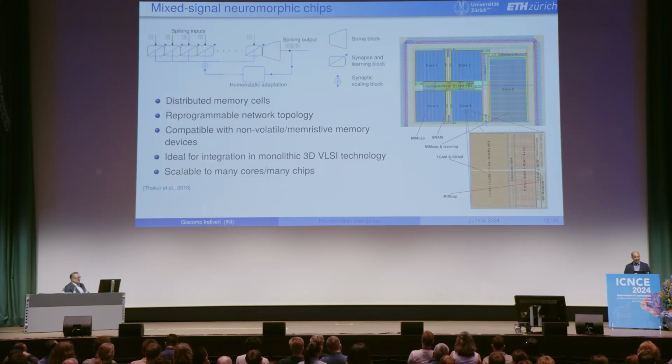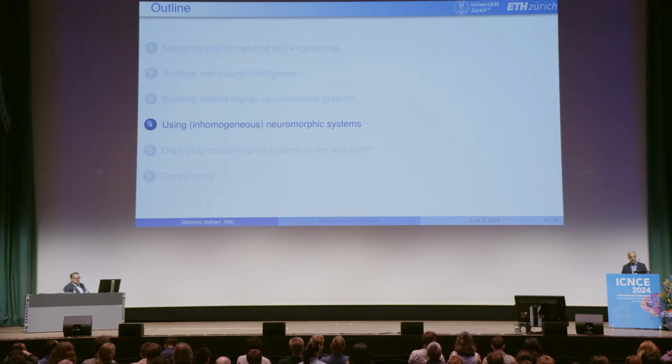Now, what can we do with these chips? We have these arrays of neurons. They are inhomogeneous, variable, noisy, very imprecise. So what's the point? Can we do anything with them? I wanted to show you that indeed there is some hope from biology that we can use this technology for real-world practical applications, really something that can be sold, not only shown in a paper in an academic environment.